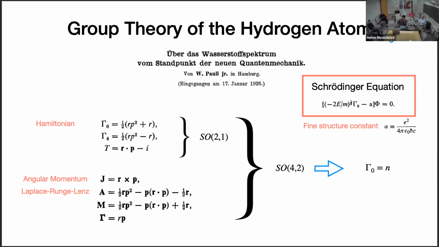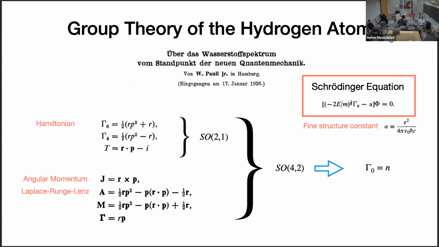Here I'm using slightly different notations for the Schrödinger equation, and a slight change of variables and maybe the coordinates, but we can bring the Schrödinger equation to this form. Here this operator gamma 0 is the Hamiltonian, and this is an eigenvalue problem. So we want to solve for the eigenvalues of this operator, which are the energies. Now it turns out that this Hamiltonian is invariant under a very large set of symmetries. Not only is it invariant under angular momentum, there is also a Laplace-Runge-Lenz vector, 3 conserved quantities, under which the Hamiltonian is invariant.